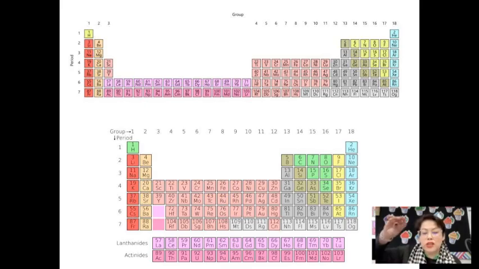For instance, in group 1, the red colored ones are the alkali metals, and then right next to them, the alkaline earth metals, and a complete column that is also a complete family would be the one on the right that is called the noble gases. All these things you have found in your periodic table, so we're going to see details of them later on.